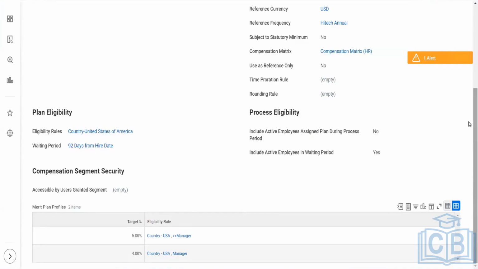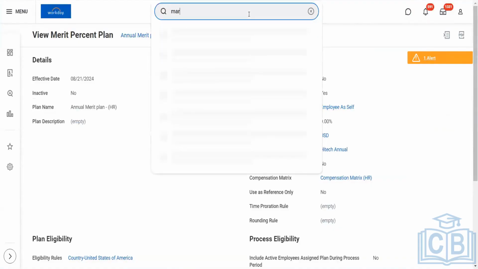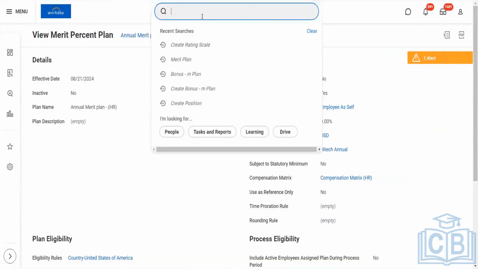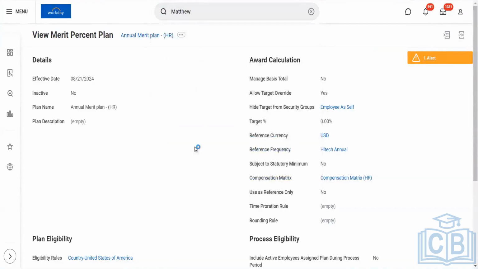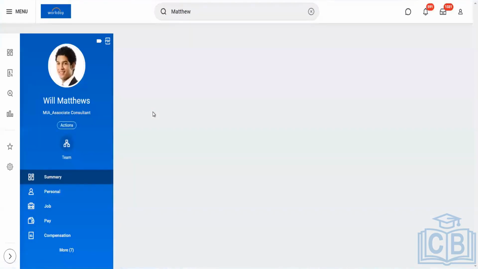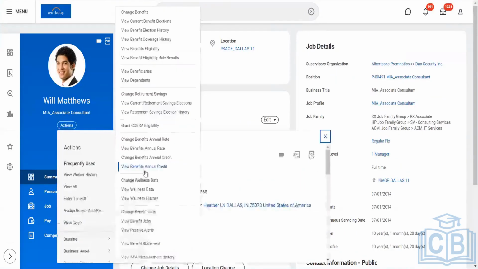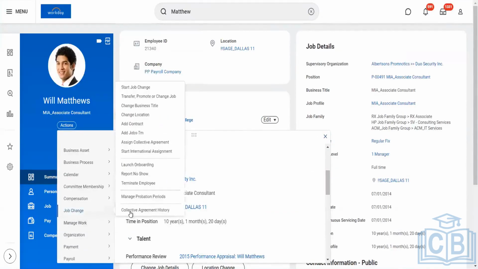Can you just show me how you do it? If not today, by next class tomorrow. Let me randomly open some worker. Let's take an example. I want to promote this worker. We'll go to the actions. Here we have an option of change job: job transfer, promote, or job change.